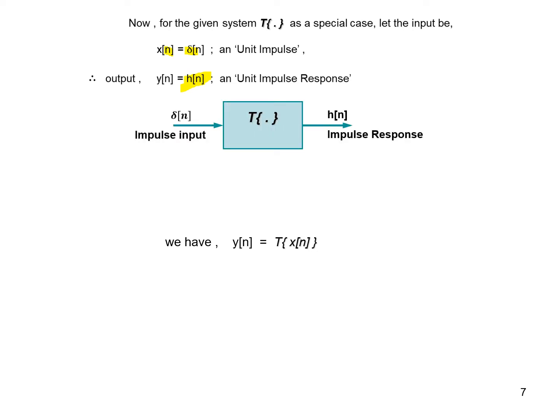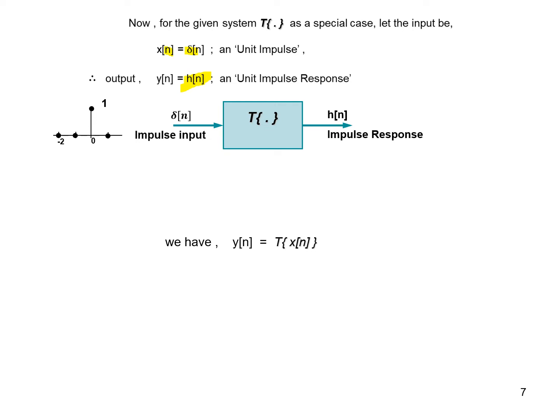Okay, now how to show it in expression form. First, a diagrammatic form. See here, I am giving delta n, the unit impulse, as the input, then the output is h of n, that is the impulse response. More specifically, when the input is of this wave shape, it's an impulse, no? This is an impulse graph. You can see only one value, whose value is 1 unit. Only at the origin it is defined. Everywhere else it is 0. For all other values of n other than the origin, its value is 0.